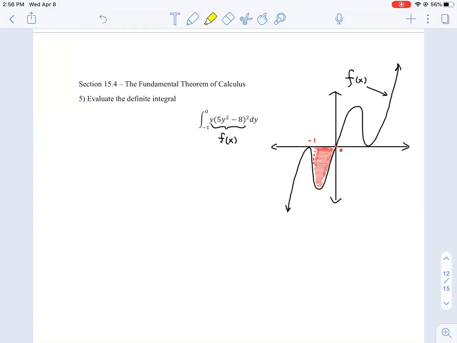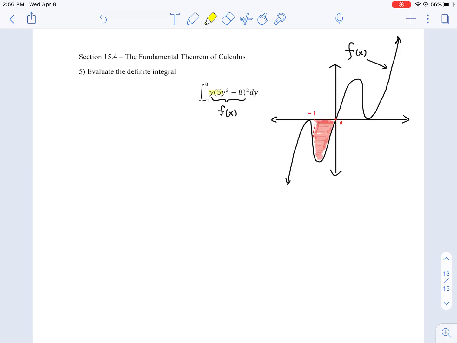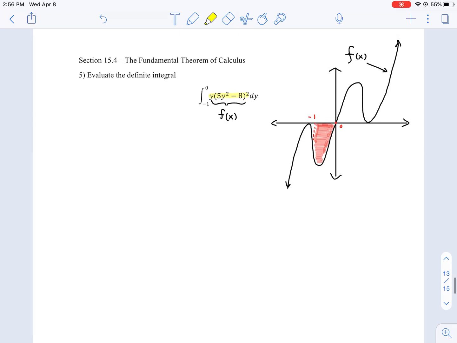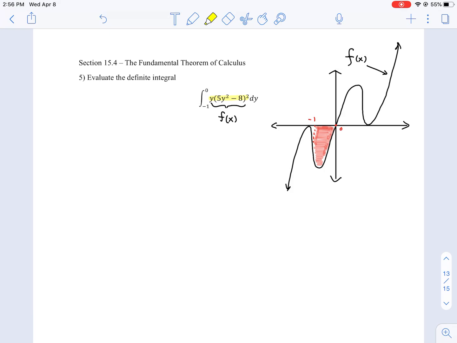Hello class, in this video I'll be doing example 5 from section 15.4, and it states evaluate the definite integral. Before we start, I would like to say that this function f of x is continuous on the interval -1 to 0, and I've sketched its function on the right. With that said, we can go ahead and apply the fundamental theorem of calculus